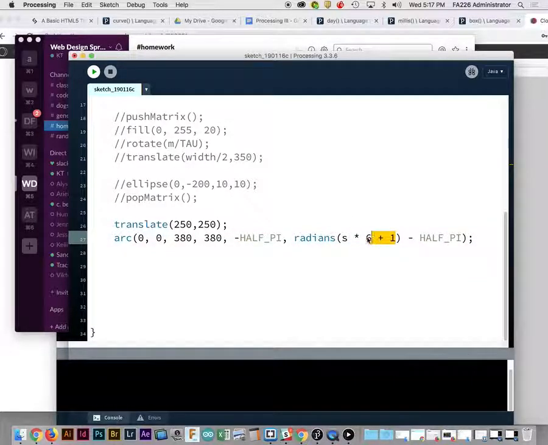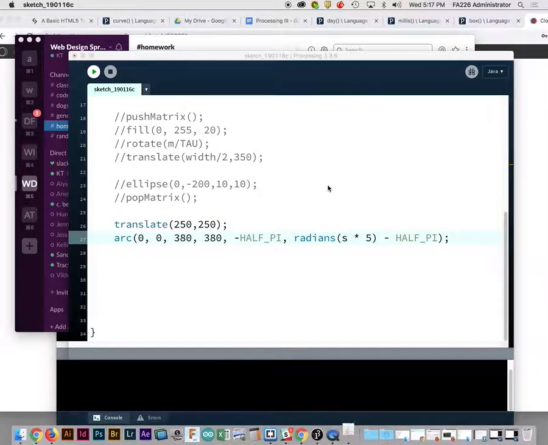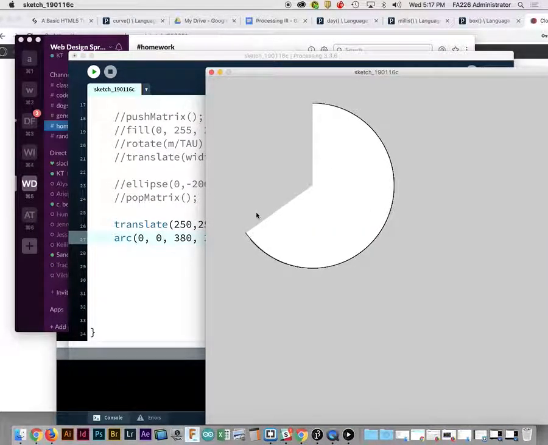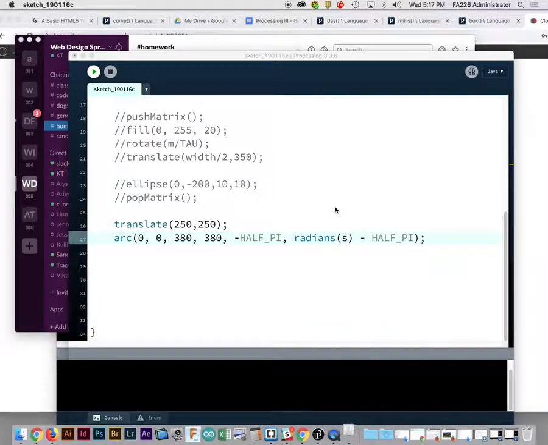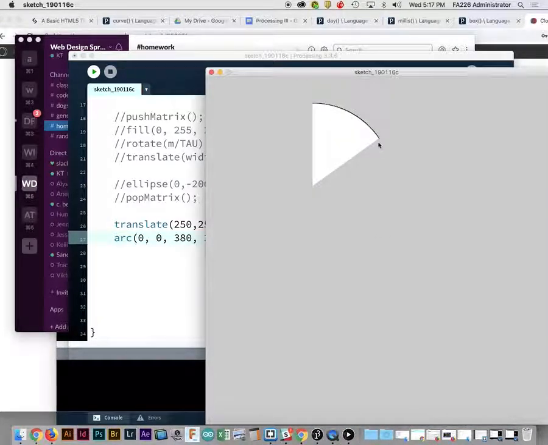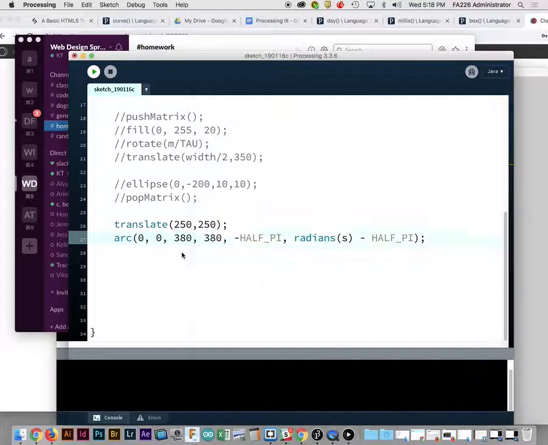So if I do times 5, it's whatever second it is times 5. So then it'll increase. Because before, if I just do seconds here in my radians, it's changing, but it's changing so slow. See that? Okay. So if you do want to make something that looks like it's kind of tick-tocking, you could do that. I'll show you one last thing about working with the arc,